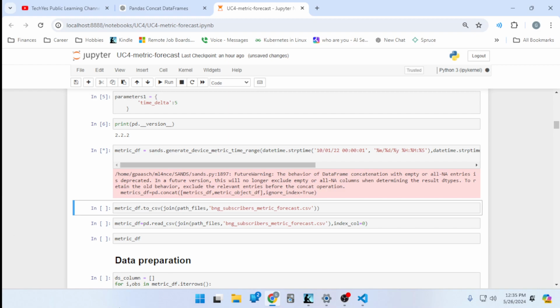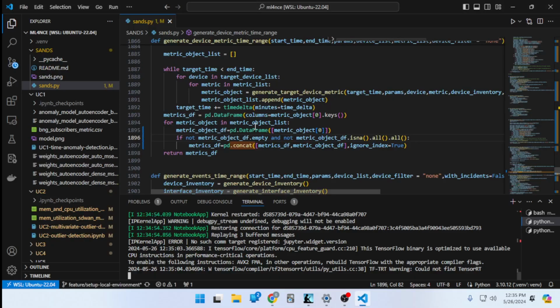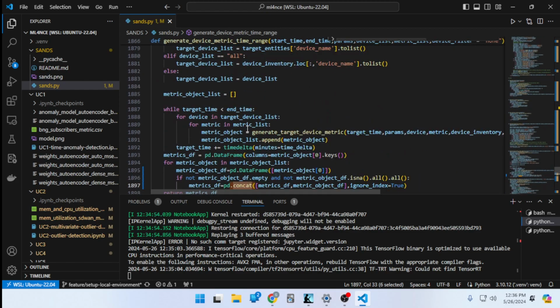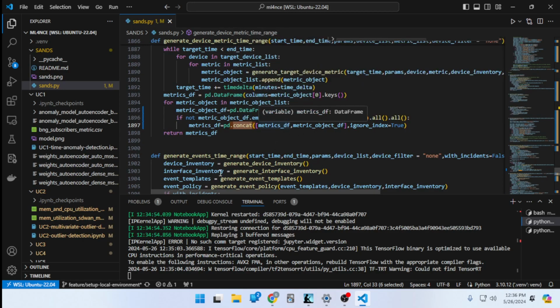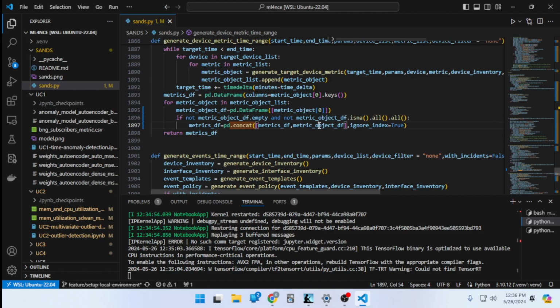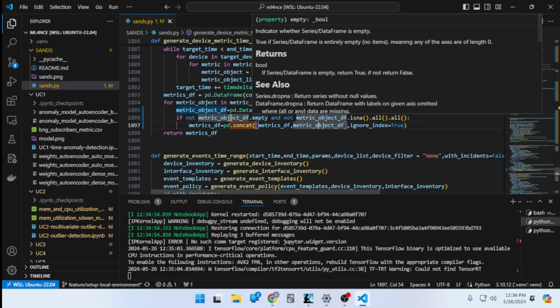So obviously, what is happening here is the behavior of data frame concatenation with empty or all NA values is deprecated. So when we do this, the object df is either empty or has all NA values. But where it gets tricky is, if it's not empty and it does not have all the NA values, only then are we going to concatenate it. I don't know why it's not matching on this one. Maybe there's another concat statement. No. Yeah, and it's calling out that line specifically. We can see that here, 1870, 1897. So the problem is that this metric df is either empty,